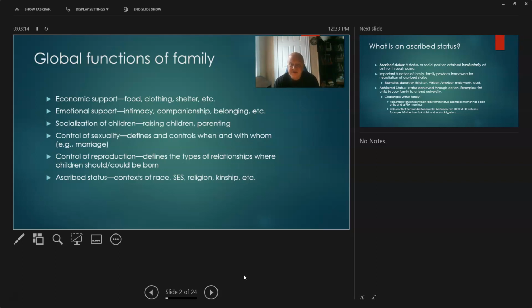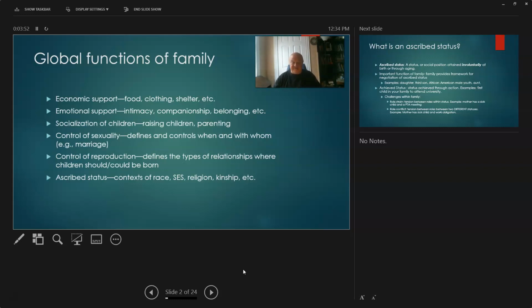a family. From the anthropological literature, we know that there are no cultures in which there's no such thing as a family, okay? I mean, what's deviant varies from culture to culture. Economic realities and social interactions and political situations are highly variable from society to society. But every society, both historically and currently, has some definition of what a family is. So what are some of the fundamental functions of a family?